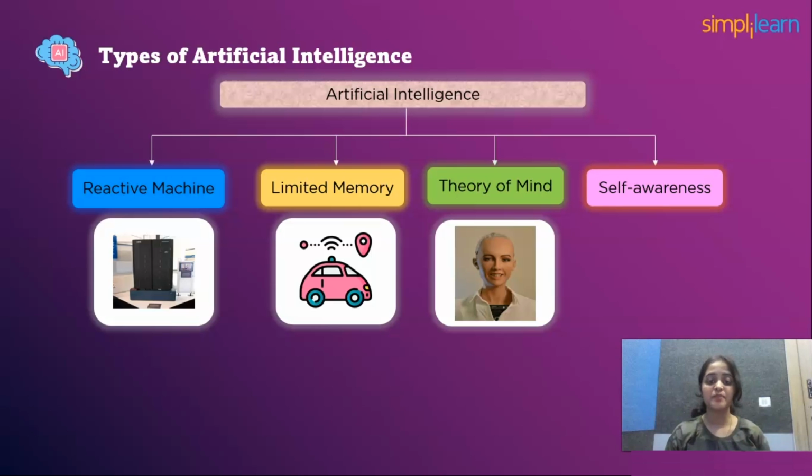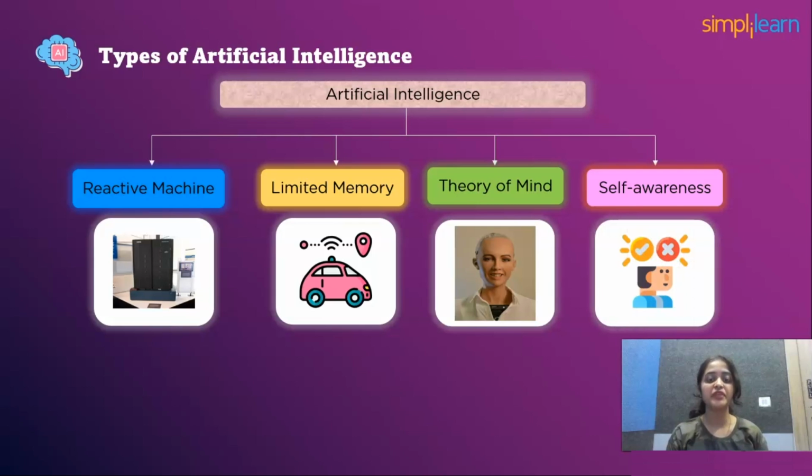Next comes self-awareness. These machines are still under experiment. So all the things regarding it are completely hypothetical. Such systems will be smarter than humans and with their own emotions and strategies. It will understand others' feelings, and in addition to it, it will have its own feelings. This is the ultimate type of AI. Only the future can answer about its success story.